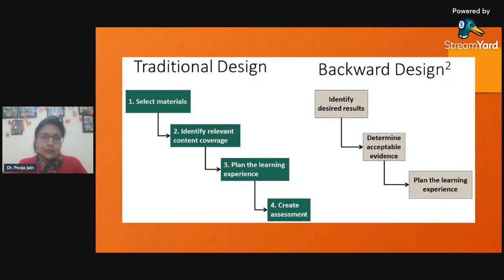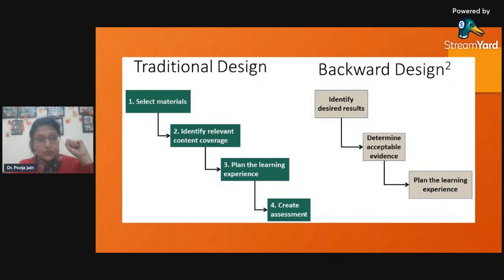What backward design does is that first we identify the desired results before we talk about anything else. What is it that I want to achieve? Where should my student be? Where is this child now? And where will the child be taken to? Then we talk about assessment. How am I going to gauge this child's progress? What is it that will bring the child to terms? How am I going to understand differentiated learning? How am I going to plan things for differentiated learning? And then we will prepare the content, the resources, the materials, the activities, and have the child go through the